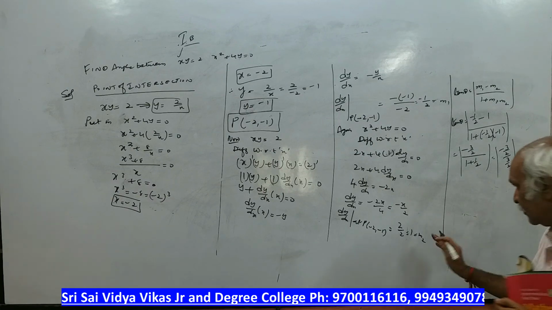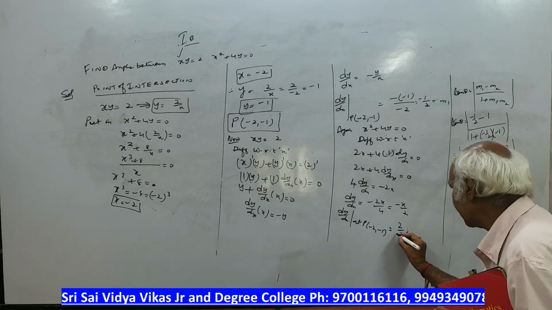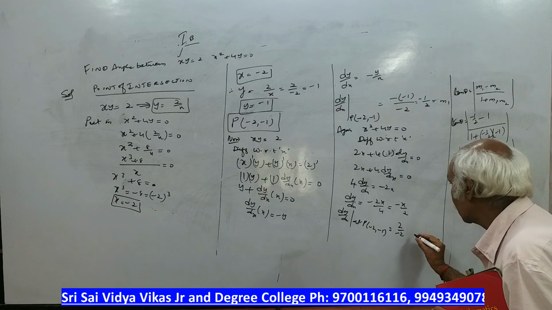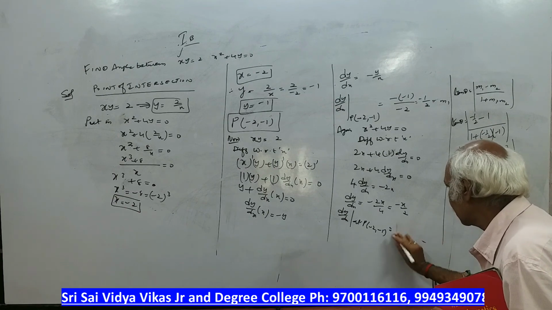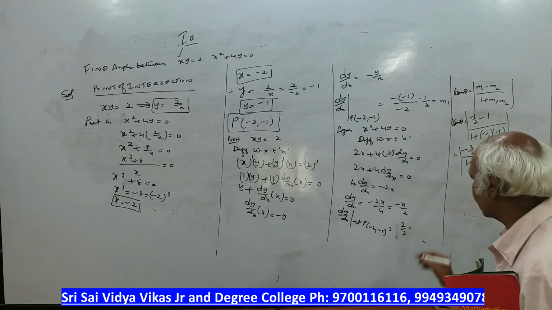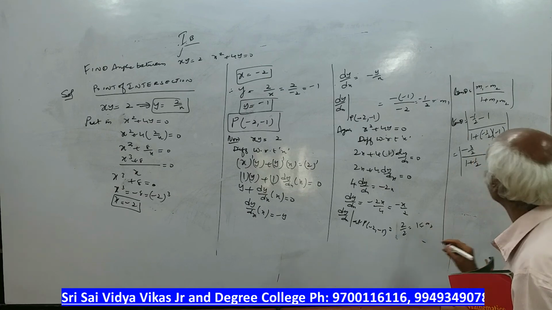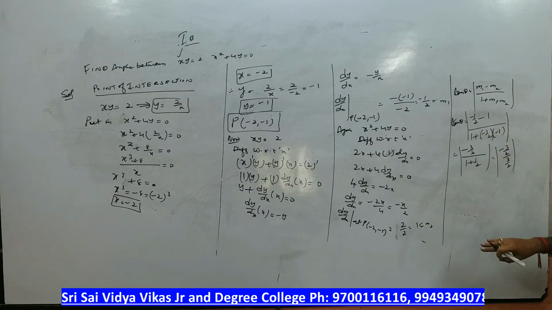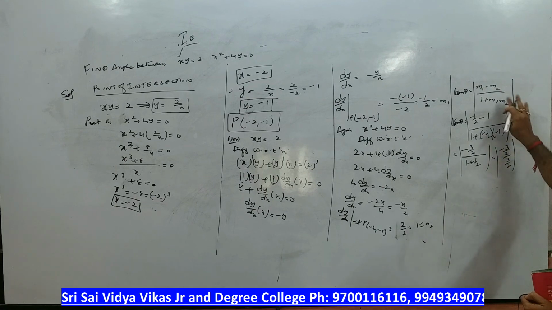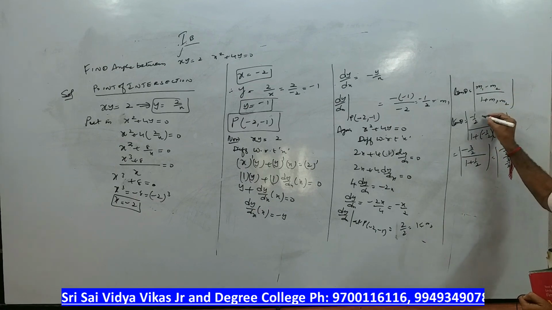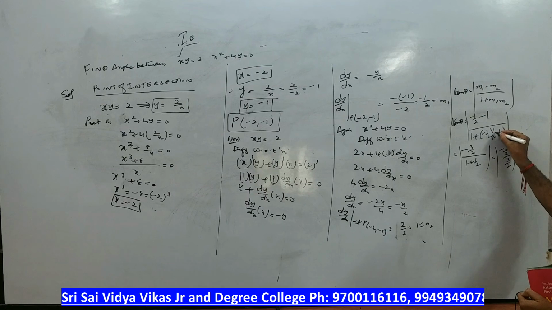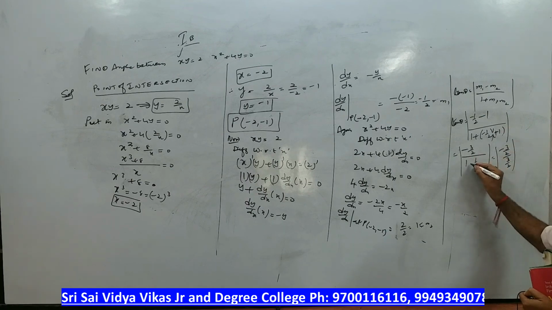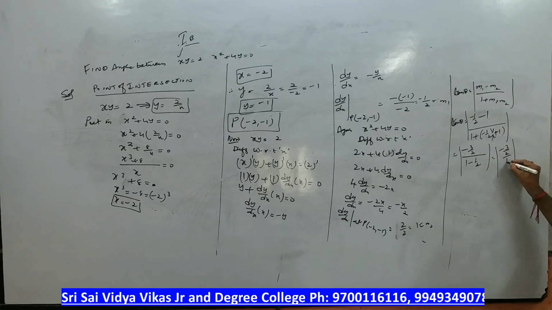Here it is. Small mistake is there, sir. Here minus 2. Sir, it is plus only. 2 by 2, which is nothing but 1. So m2. m1 minus m2. m1 is minus 1 by 2 minus 1 by minus 1 by 2 into minus 1. Right? It is plus 1, sir, not minus 1. m1 minus m2. So here plus 1. Okay, so this becomes 1 minus 1 by 2. So this becomes 1 by 2.